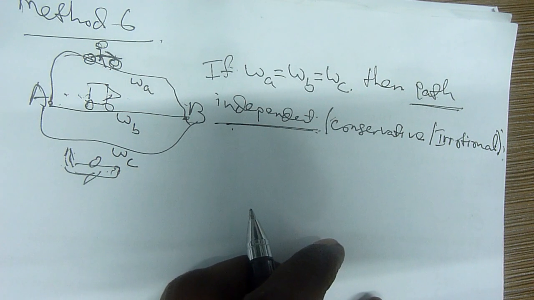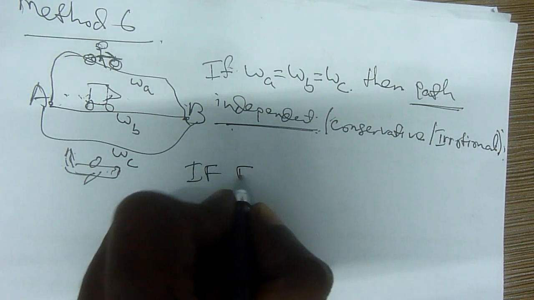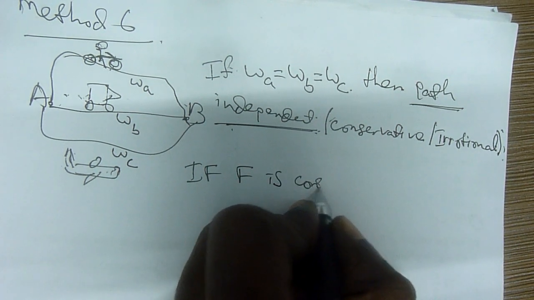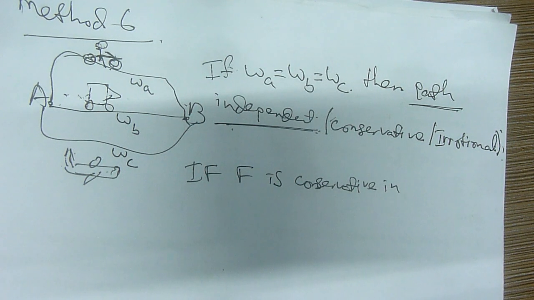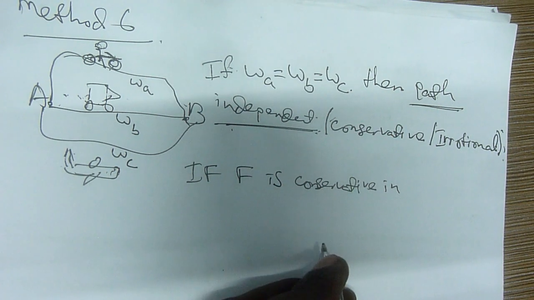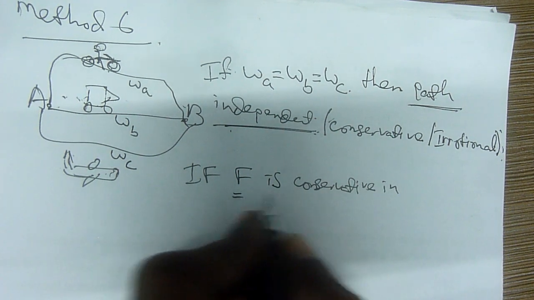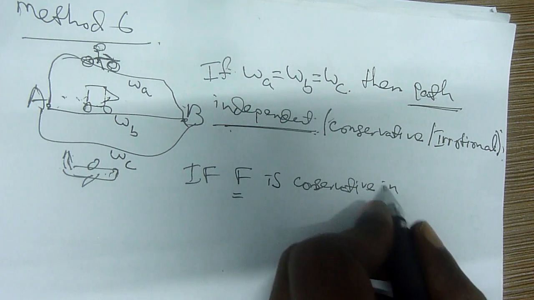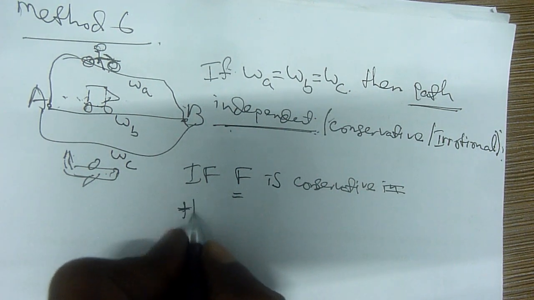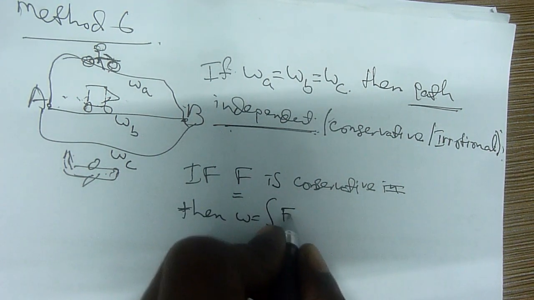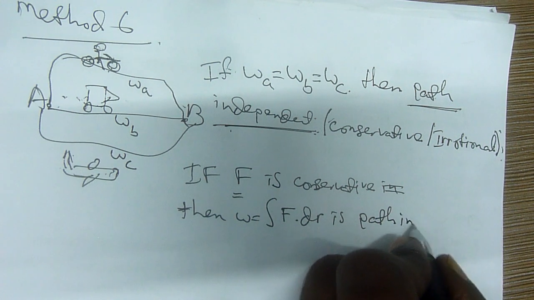If there are two cases, if f is conservative in any path from A to B, then the integral of f dr is path independent